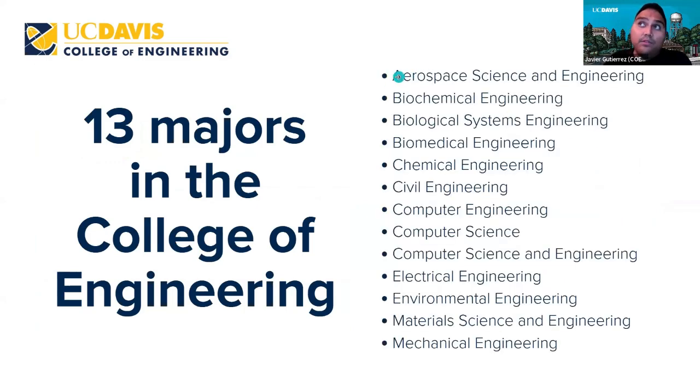aerospace science and engineering, biochemical engineering, biosystems engineering, biomedical engineering, chemical engineering, civil engineering, computer science, and then computer science and engineering. Yes, those are three different majors within the College of Engineering: electrical engineering, environmental engineering, material science and engineering, and then finally, mechanical engineering. Choosing your major is a very, very important rite of passage at UC Davis and the